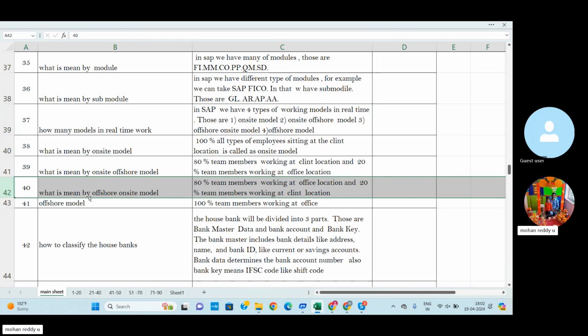Finally, the offshore on-site model means 80% of team members working at the office location, and 20% of team members working at the client location. Finally, the offshore model is nothing but 100% of team members working at the office location. But now the hybrid model has started. For this purpose, weekly 1 or 2 days, the employee must attend the office.